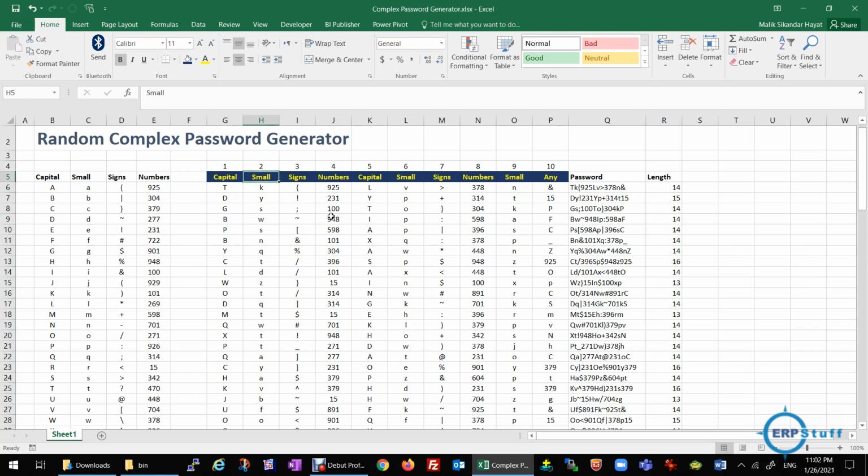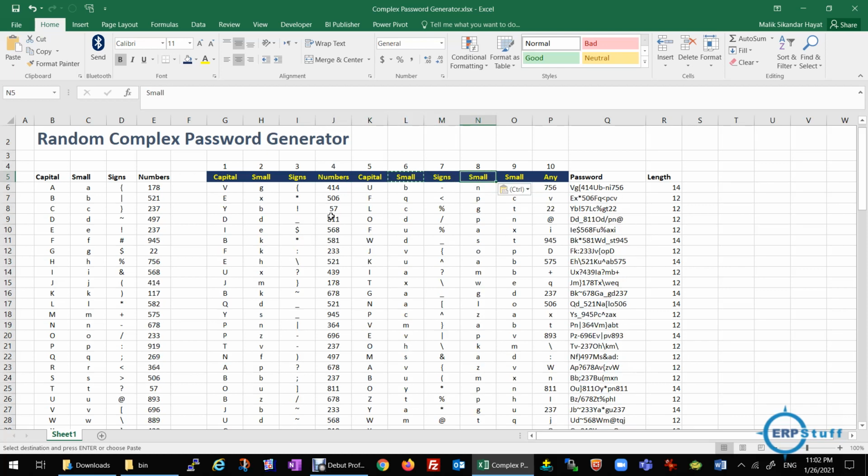That's it. And then I copy paste it. For example, here I want small instead of number. Sorry, it is not copied. Here also I want small. So all the passwords are updated randomly. It's not something specific, you can't call it a scheme or anything, it's random. Even these numbers are generated randomly each time.